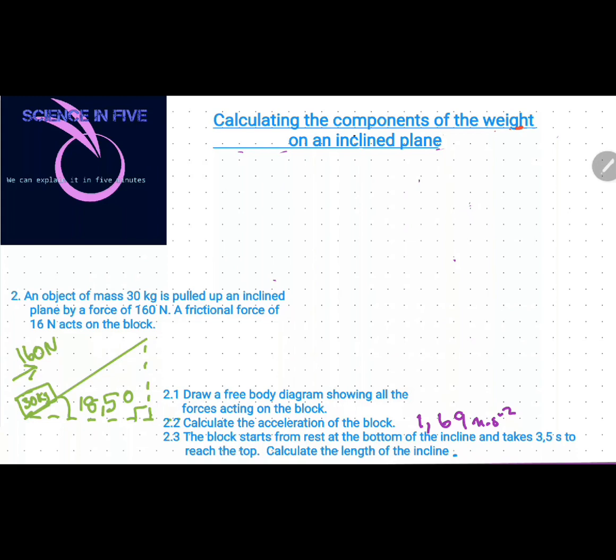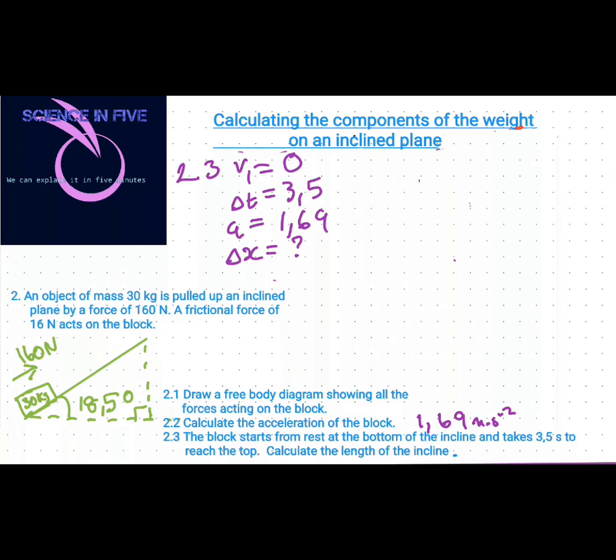So the initial velocity is 0, and it takes 3,5 seconds to travel that. Our acceleration value, we already know it's 1,69. Now we want the length of this incline. So here we can now employ an equation of